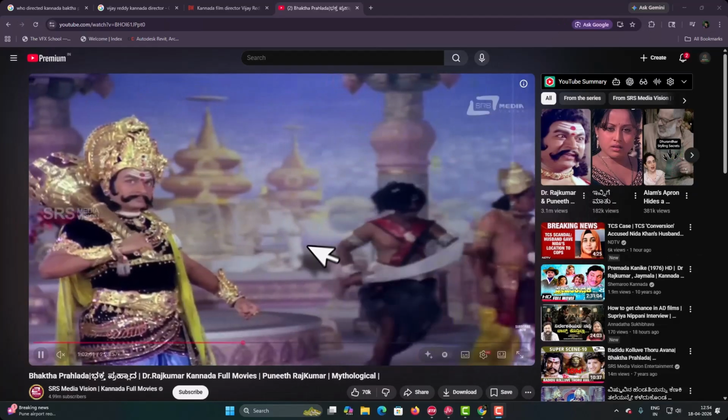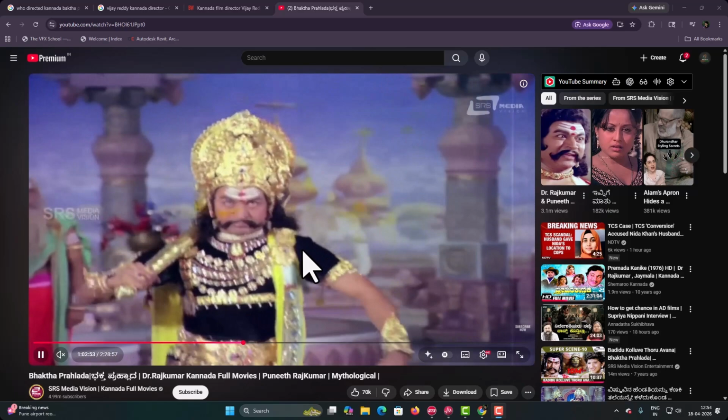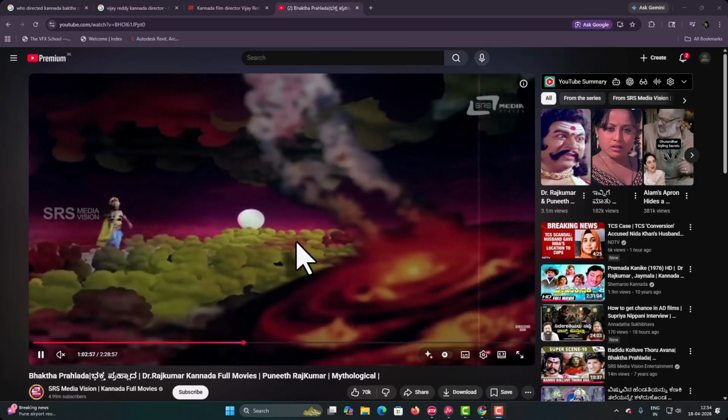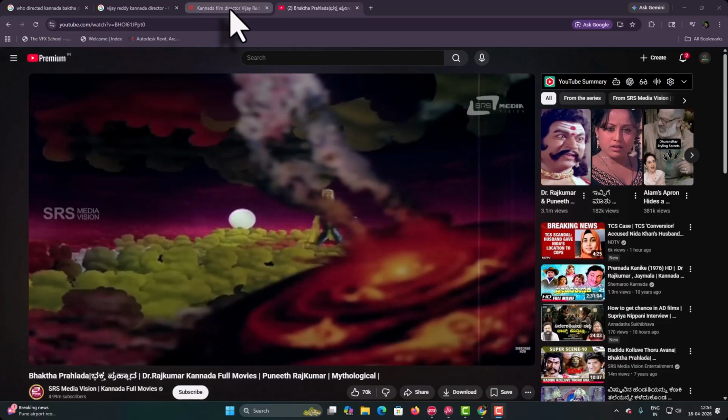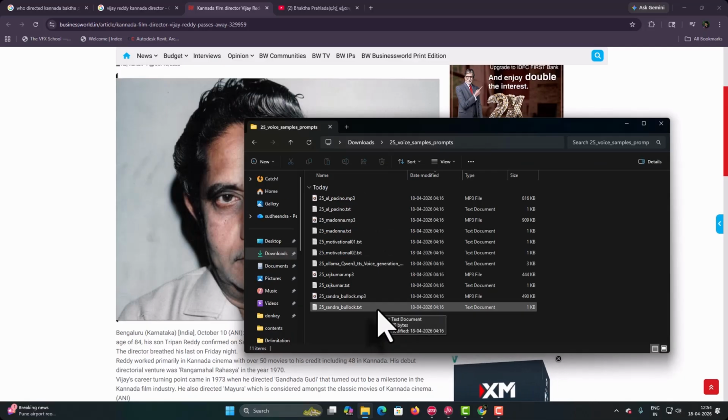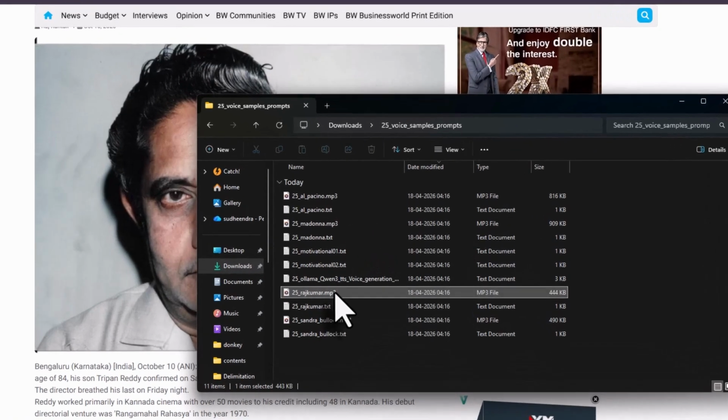Now to give you an example, I am showing you one of the iconic Kannada films which is called Bhakta Prahalada. And this film was directed by a person called Vijay Reddy. And now Vijay Reddy, the director, had decided how every scene should come and how every dialogue has to be spoken. So he took up a dialogue. Say for example, if you come into the downloaded zip file which you have just now unzipped, there is a file called